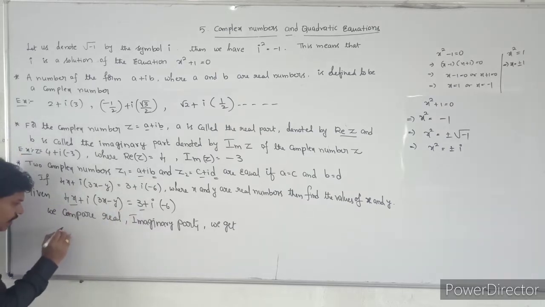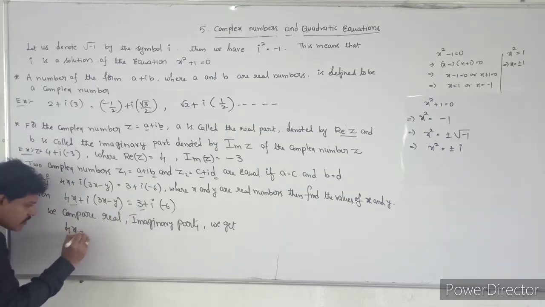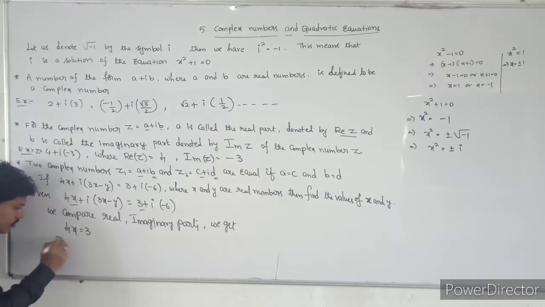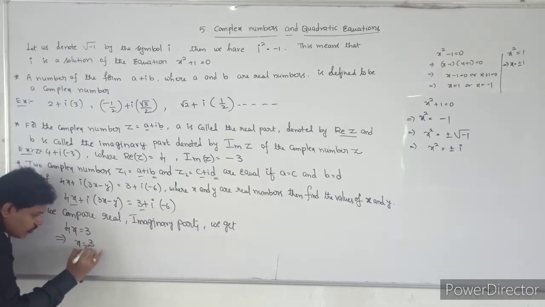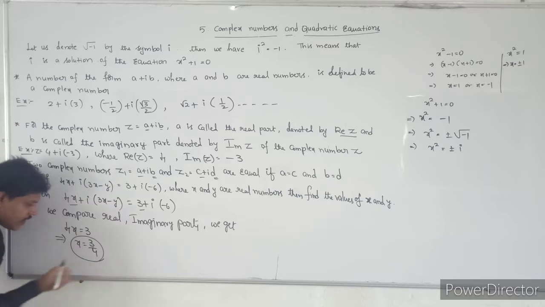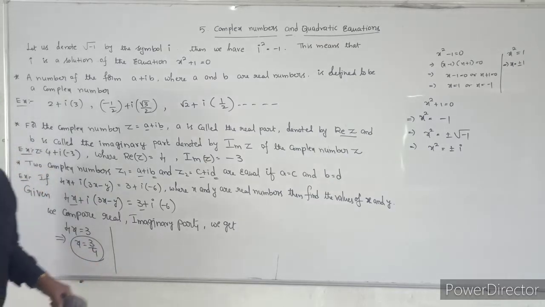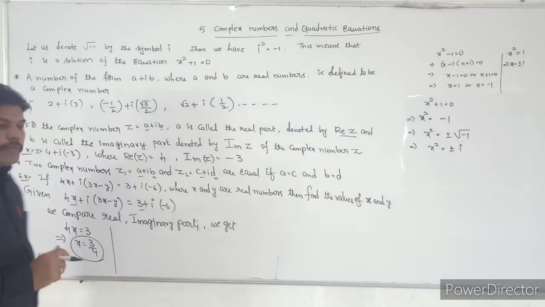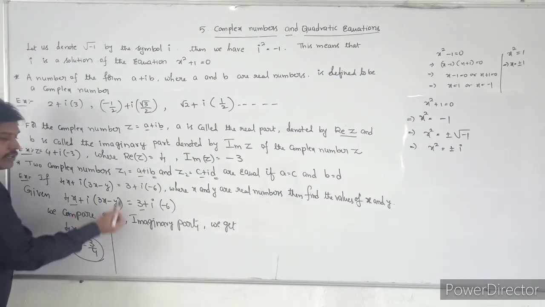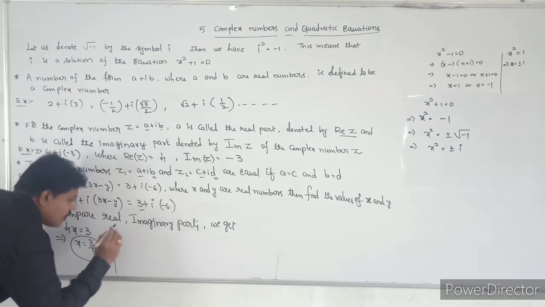So we can equate that, that is 4x is equal to 3. So that implies x is equal to 3 by 4. The x value is 3 by 4. Similarly, we will take the imaginary part also. What is the imaginary part? The i coefficient is the imaginary part. So what is the i coefficient here? That is